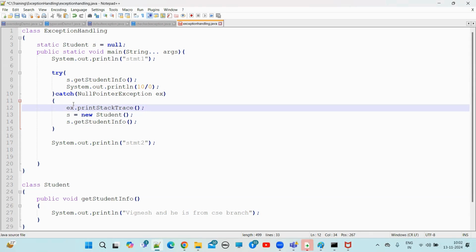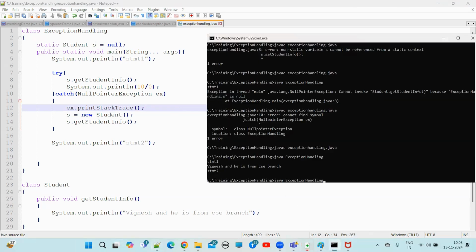Here ex is what, guys? A NullPointerException object reference, right? So that's why ex dot printStackTrace. Come on, can I call it or not? Yes, sir. Okay, now see, what is the purpose of the printStackTrace method, guys? It will give you the information of that exception, right? So now see, if I execute this program,